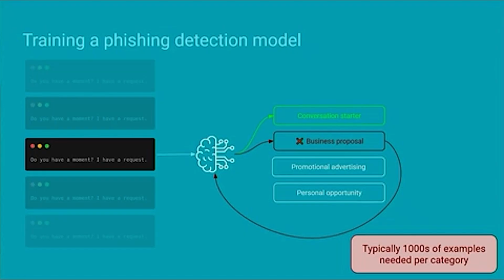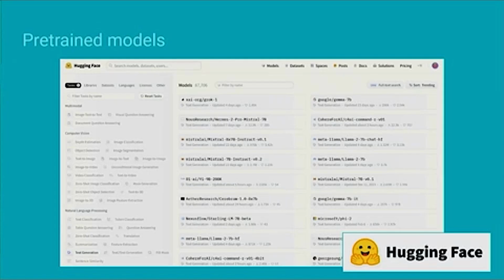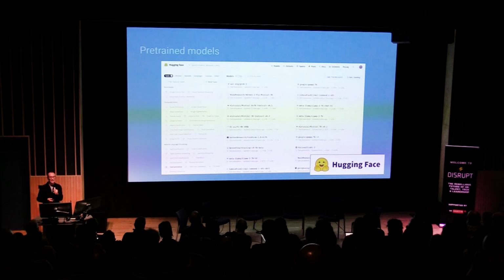So that's a challenge. So what if we could ask a model to learn from the limited data that we've got in a way that doesn't require lots of manual work? One of the amazing things that's happened over the last 5 years, in addition to models like ChatGPT that you'll know about, is there's a massive open source community of these transformer models that were referred to